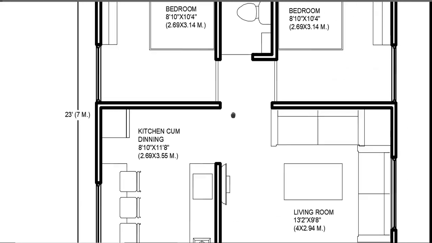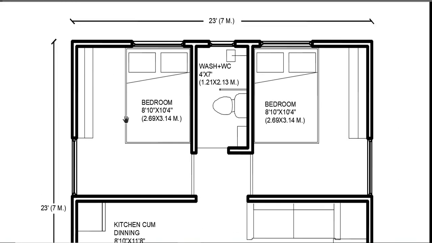After that we'll go inside. So on the left side we have bedroom number 1 here. You can see here the bed arrangement, wardrobe arrangement and two large size windows for ventilation and light purpose, and